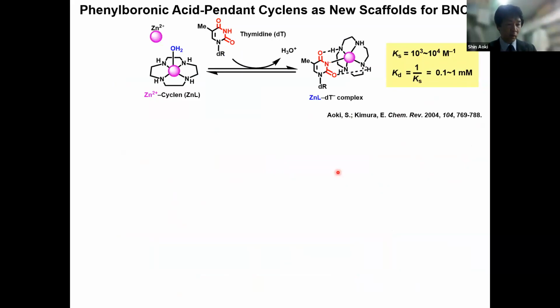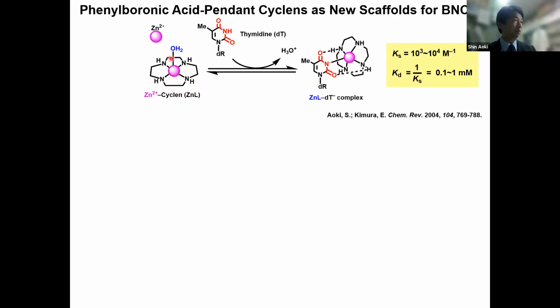What is this macrocyclic compound? We should introduce the molecular recognition of zinc complex, the 12-membered cyclic tetraamine, which we call cyclen. A zinc cyclen complex is very stable even in aqueous solutions at neutral pH, and it has been well